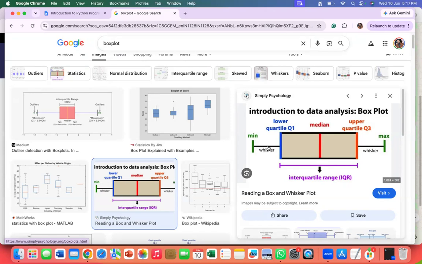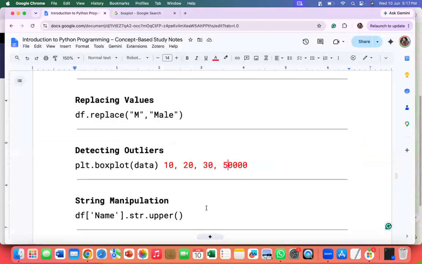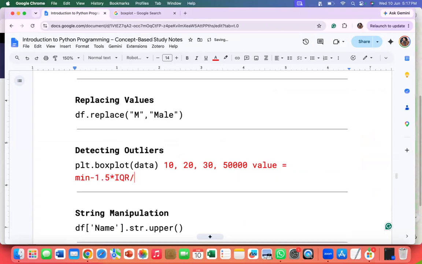So if the value is like minimum minus 1.5 into IQR, IQR interquartile range, or maximum plus 1.5 into IQR,